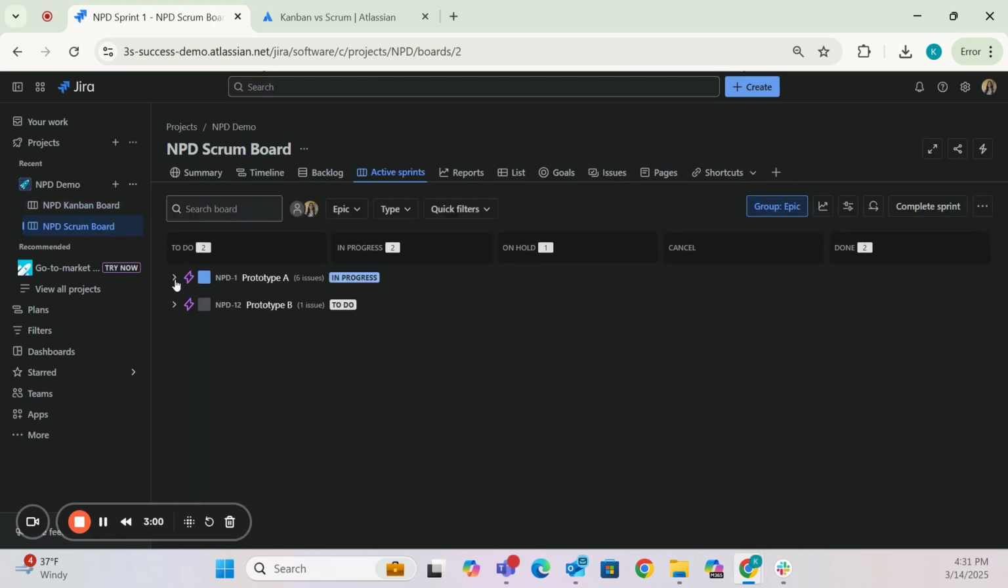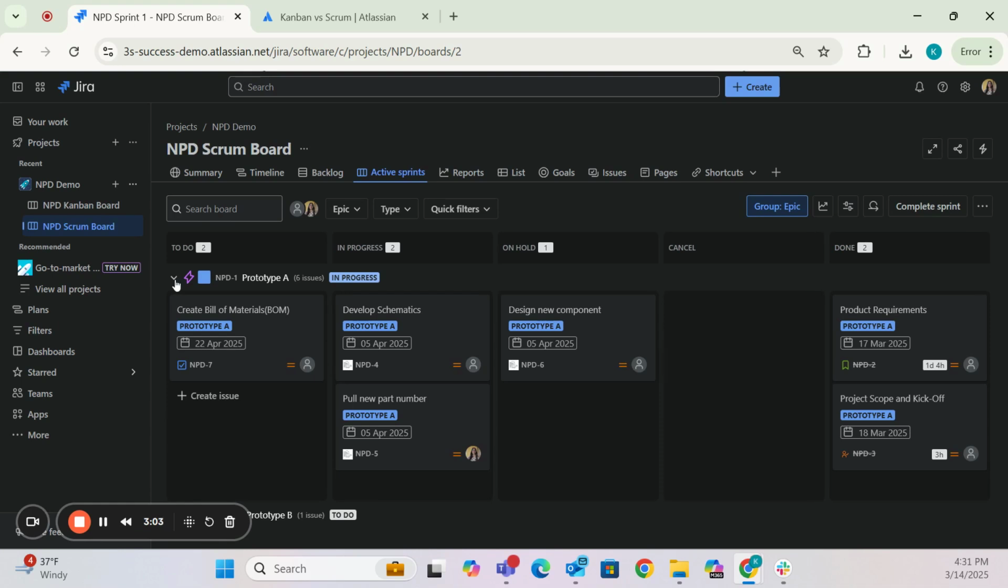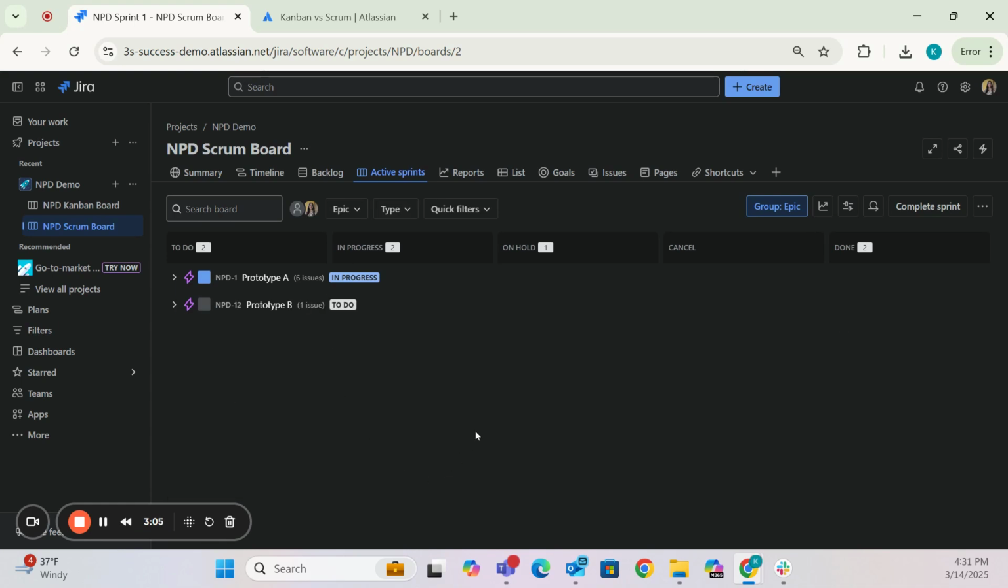And that's because the Scrum board is only showing you things that are in the active sprint. So as you can see, I have a button over here that says complete sprint. This is not all of the work in the project. This is only the work that we are targeting for this sprint. And so in the Scrum board, if I come over to the backlog,